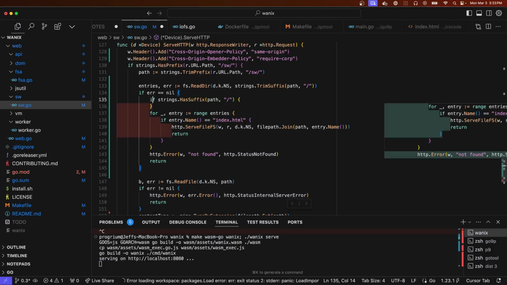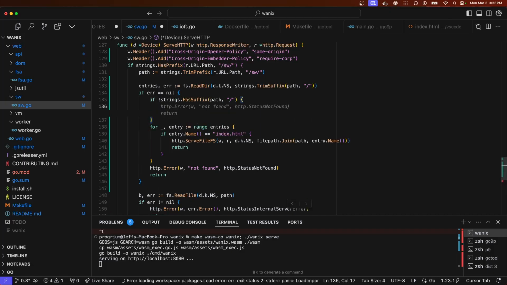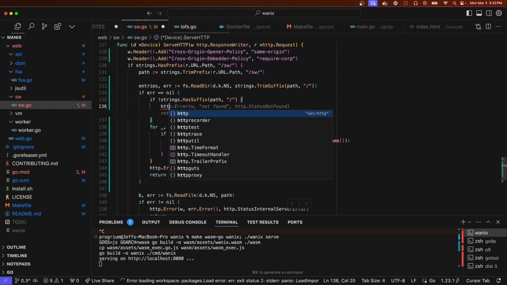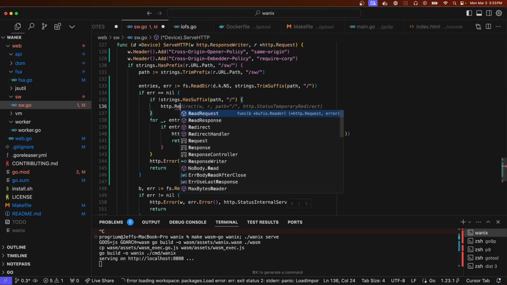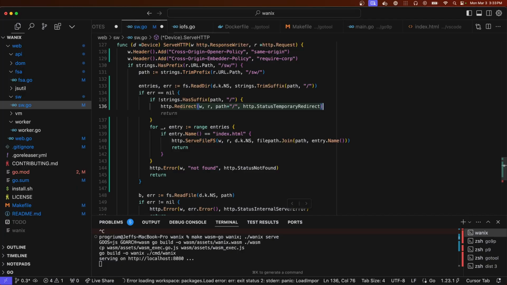Or no, if it doesn't have it, we want to redirect to it. Which I'm not sure. Hopefully the service worker setup will do that. Is that what it normally is? A temporary redirect?